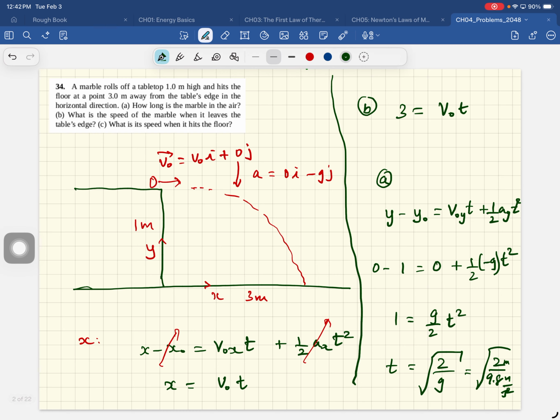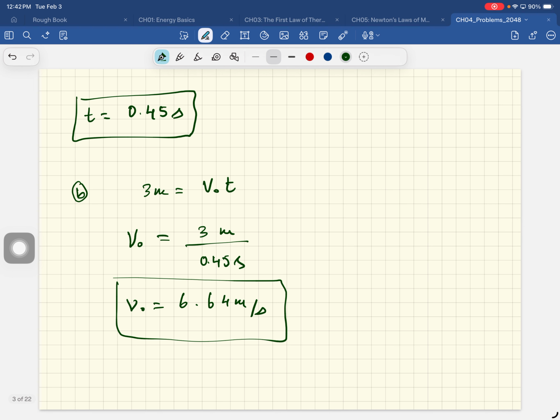And what is the speed when it hits the floor? When it hits the floor, its velocity is tangent to the trajectory. So that's the final velocity. And what we want is its speed, so we want the magnitude of the velocity when it hits the floor. So for part C,